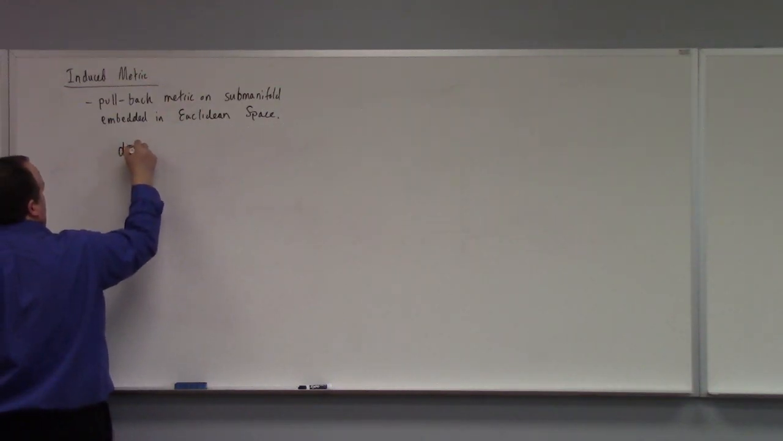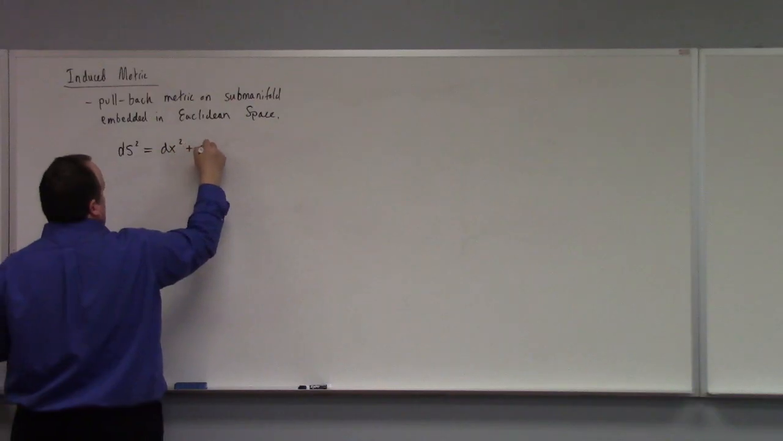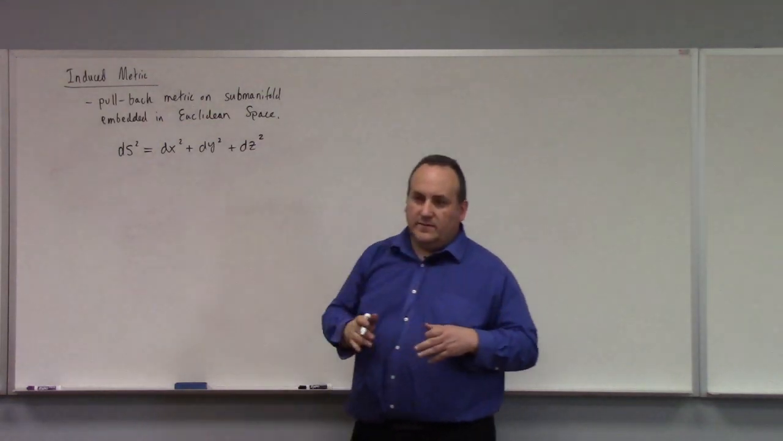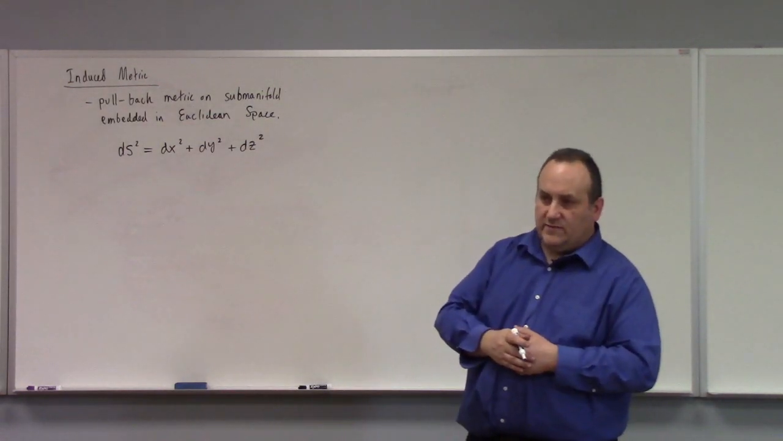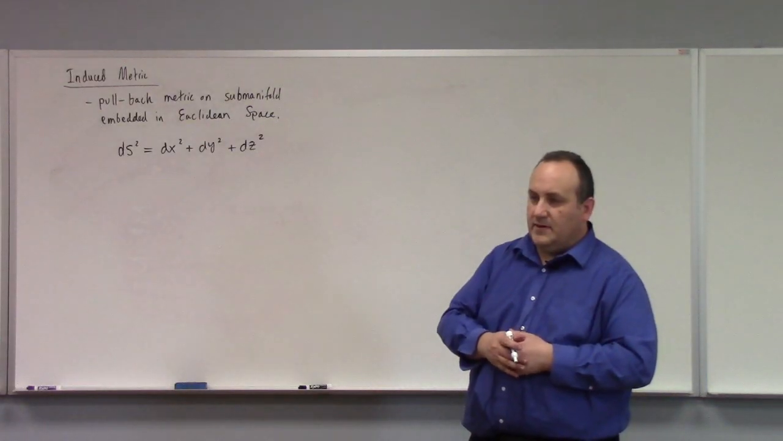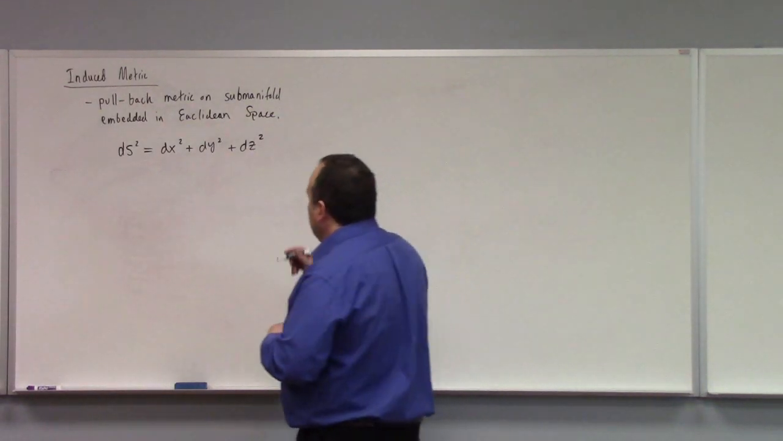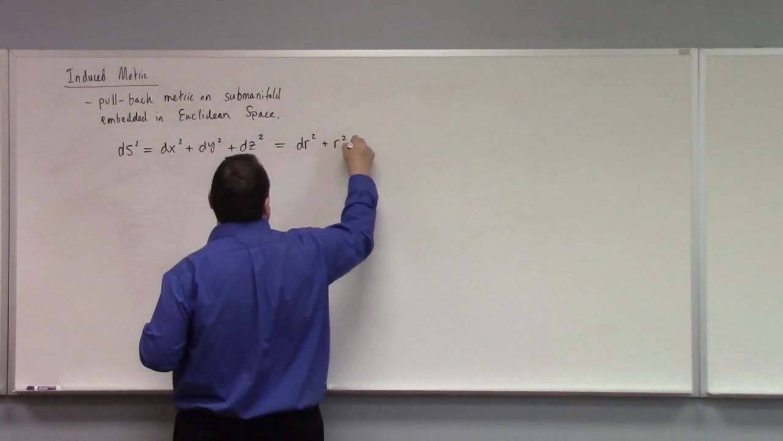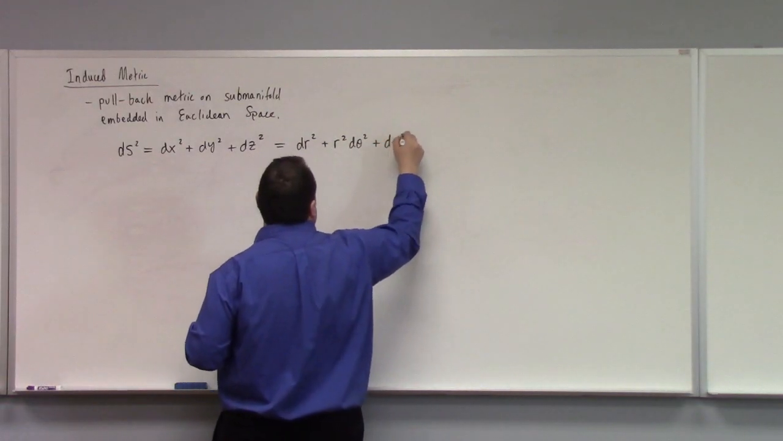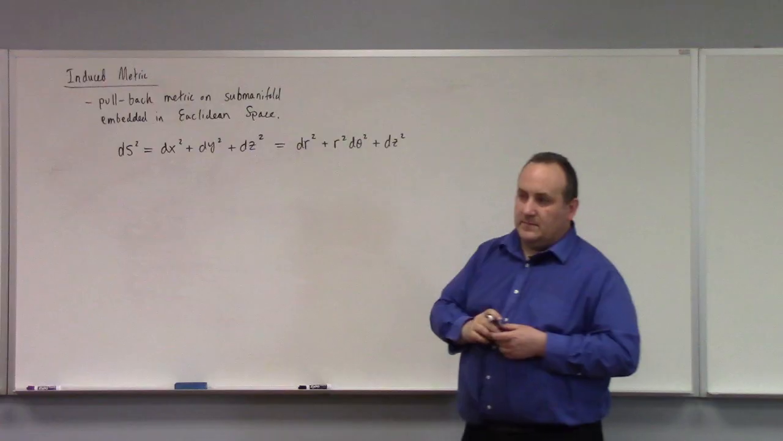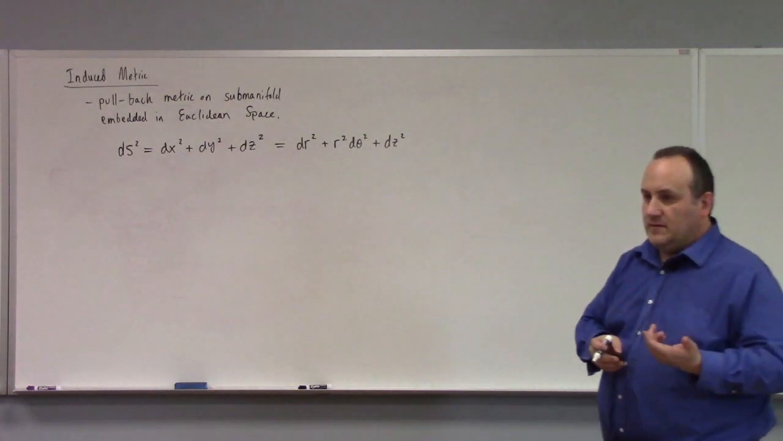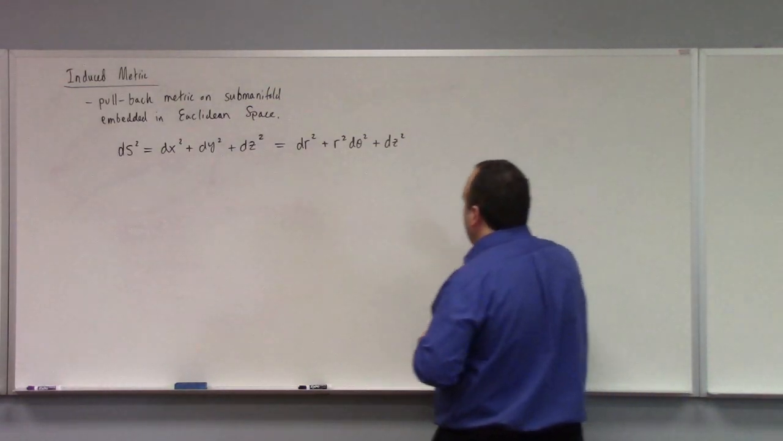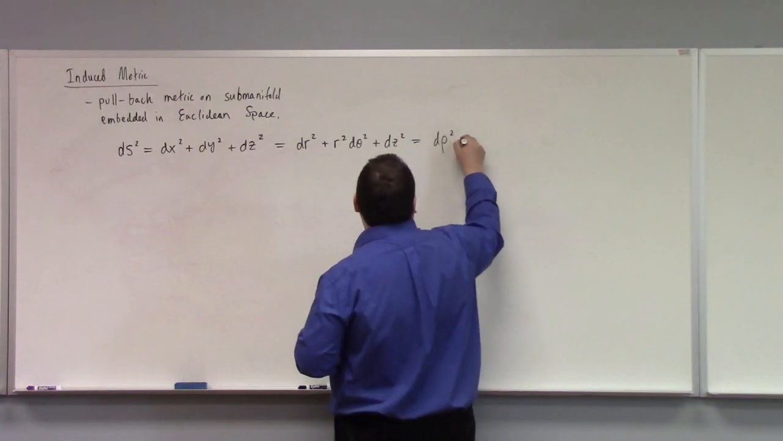So we have ds squared is dx squared plus dy squared plus dz squared, if you'll allow me that notation. But there are other ways we could write this, right? If we wanted to express the metric in cylindrical coordinates, this looks like dr squared plus r squared d theta squared plus dz squared. In fact, if we were to change the metric to the cylindrical coordinate frame, that's what it looks like. If we were to change the metric to the spherical coordinate frame, it looks like d rho squared plus